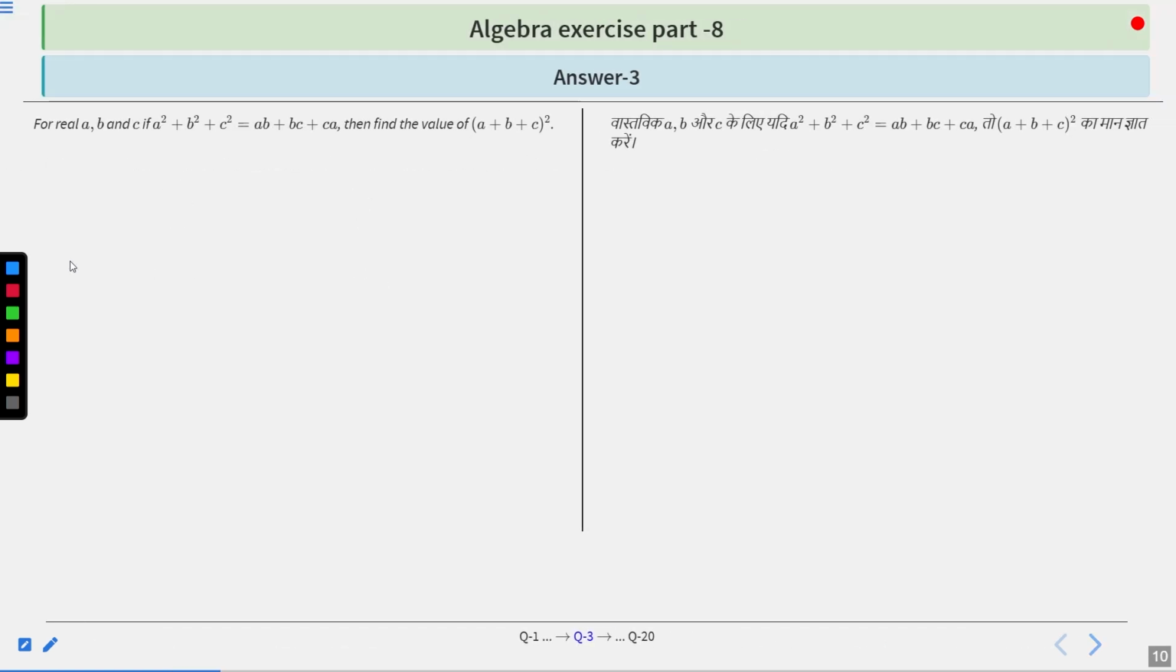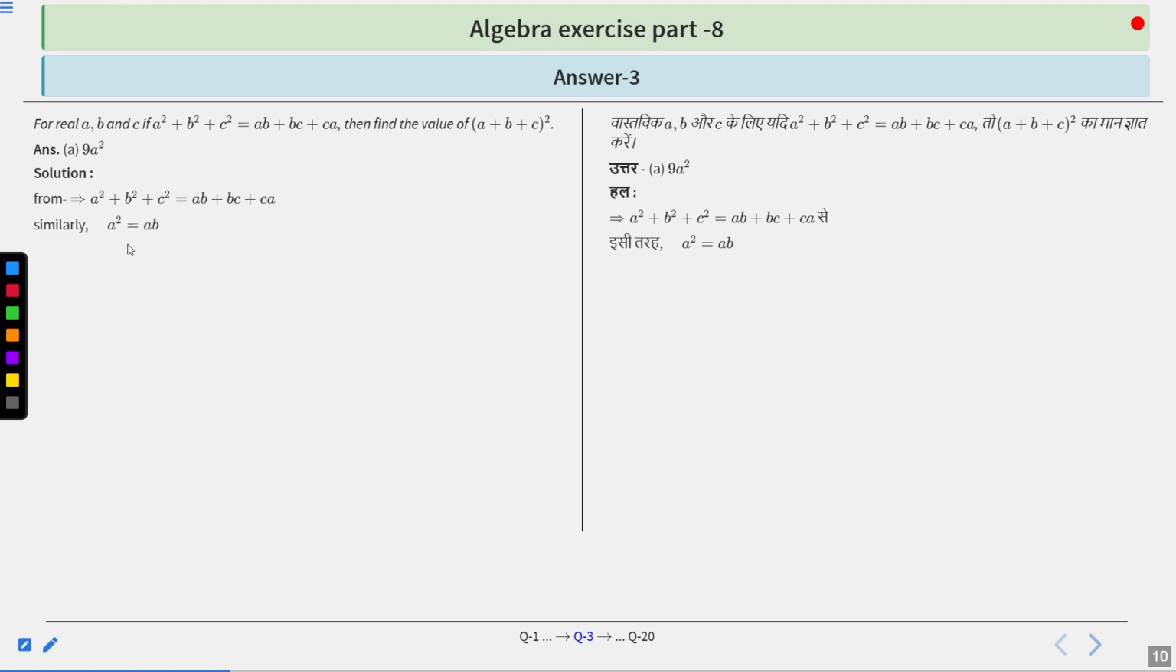Now, we have to find the value of (a + b + c)². And we were given that a² + b² + c² is equal to ab + bc + ca. The answer to this question is option A, 9a². Now, let us look at the solution of this question. We were given a² + b² + c² is equal to ab + bc + ca. Now, from this equation,